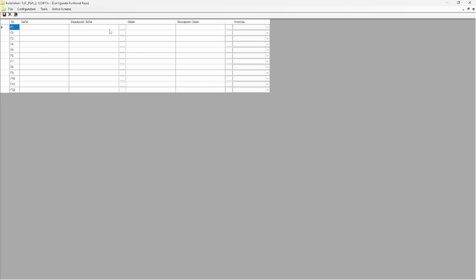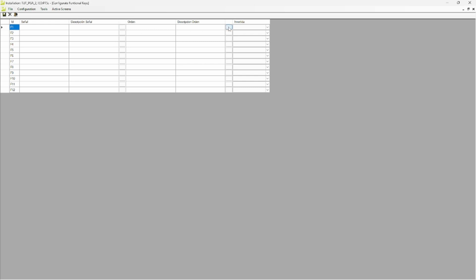The second and third columns of the table are used to assign a status signal to the functional key, which has 2 small LED indicators. If a simple binary signal is assigned, the LEDs in the functional key will turn on 1 at a time, the top one for the non-inverted high value of the assigned signal, and the bottom one for the non-inverted low value of the signal. If a double binary signal is assigned, the LEDs in the functional key will turn on and off as follows: none for the indeterminate value, only the bottom one on for the open status, only the top one on for the closed status, and both on for the bad state.